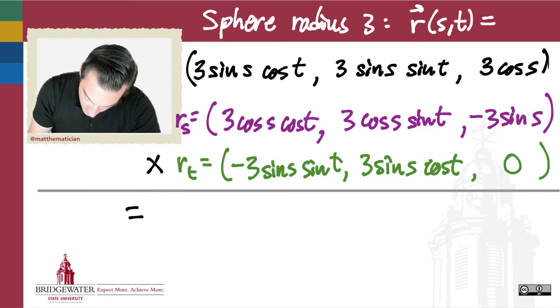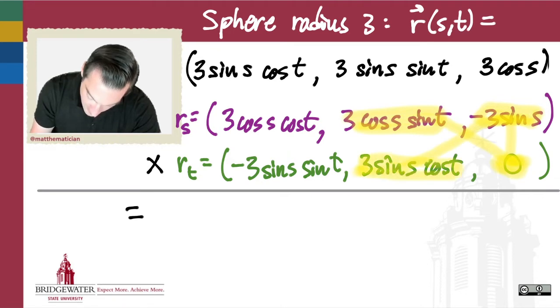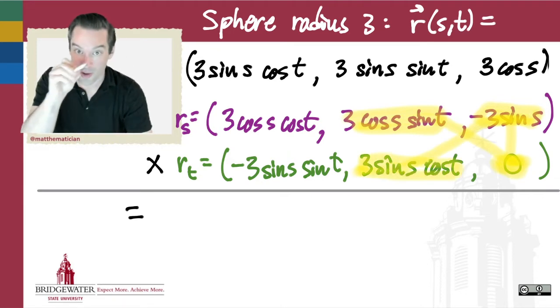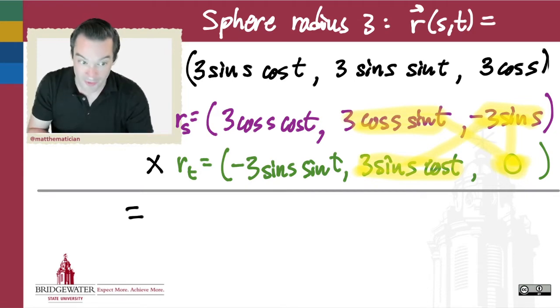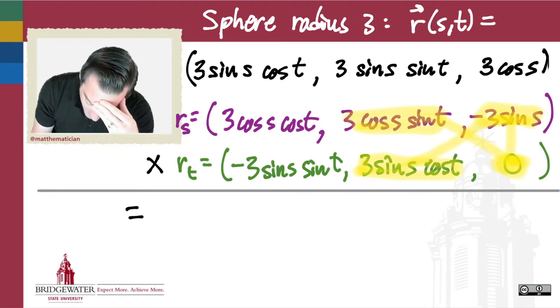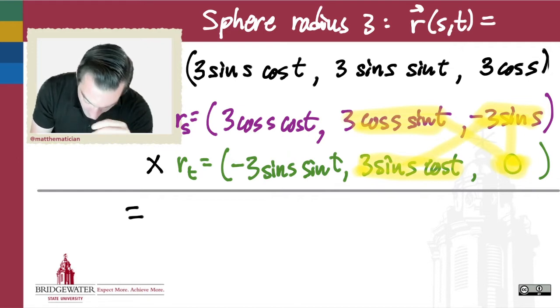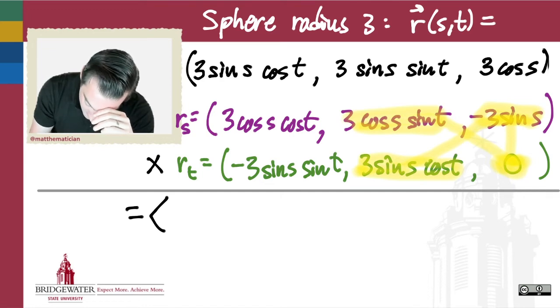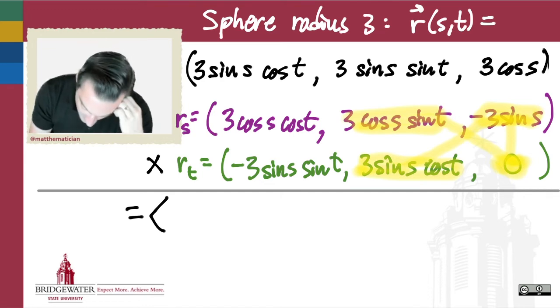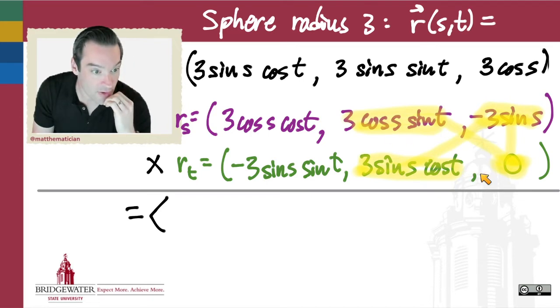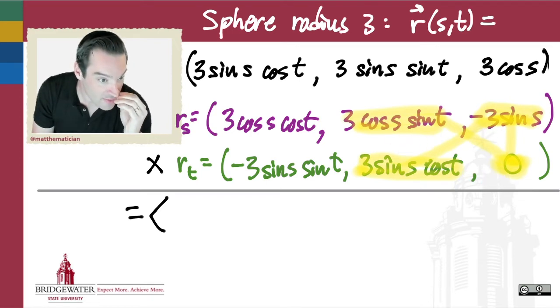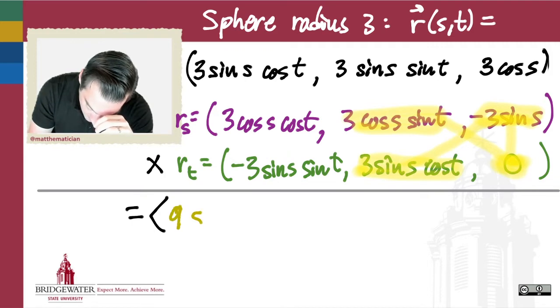So the first term of my cross product is going to be this product minus this product. Every time I do a cross product, I'm always thinking in my mind, making these little butterfly shapes to figure out how to multiply the right things together to give me the thing that I need. You could also use determinants, but this is just the way that I best seem to connect with it. So when I do that, I get 3 cosine s sine t times 0 minus negative 9 sine squared s cosine t. So I get 9 sine squared s cosine t,